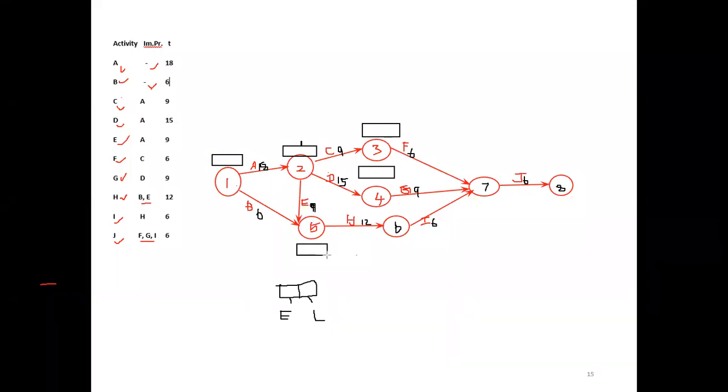For the time space I write the sixth event, then here the seventh event, then the eighth event. Right. Now for this one you can divide into two parts. First part will be earliest start time, the second part will be latest start time. So make the box very clear.